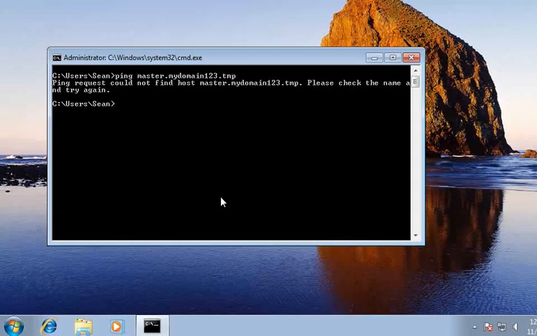And you can see right now that Windows 7 tried to ping this host, master.mydomain123.tmp, and we got an error since the Windows operating system was not able to resolve this name into an IP address. Now, if you use a media server online and your domain names are actually addressable, meaning you have DNS entries for all 3 interfaces on a registered DNS server, then there's nothing special you need to do. Everything will resolve just fine. But since we're using our media server locally within our own network, we need to edit the host file and